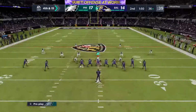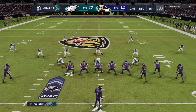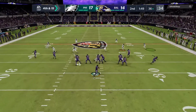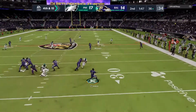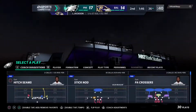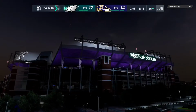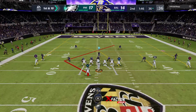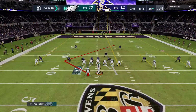So 4th and 15, but the offense is staying out there to go for it. They'll indeed go for it with Jackson rolling to his right. And this is incomplete. Boy, a real head-scratcher there. And the Eagles are going to take over in great field position. So from the 36 now, 1st and